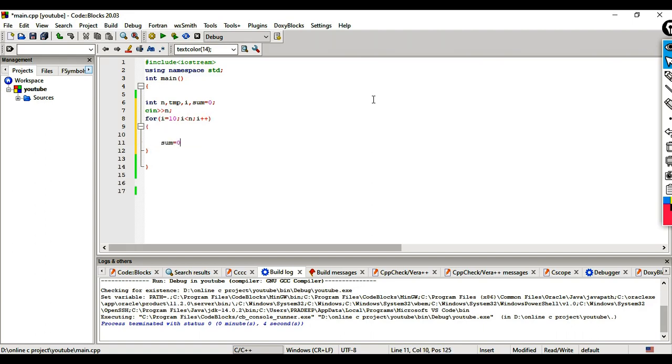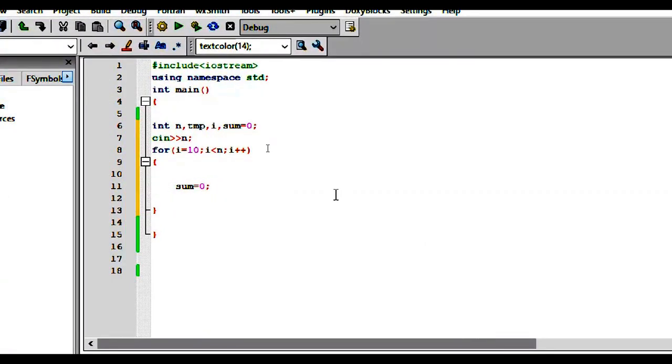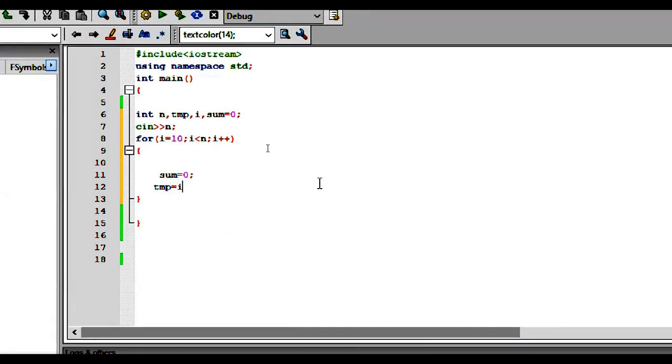Sum is equal to 0. I will replace the code, don't worry about that. First of all, we start the code, so please watch it carefully. Sum is equal to 0, and we store the i value into temp.